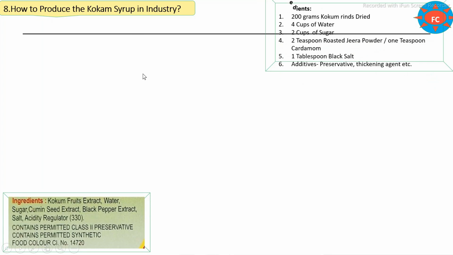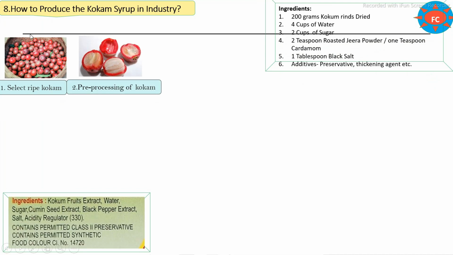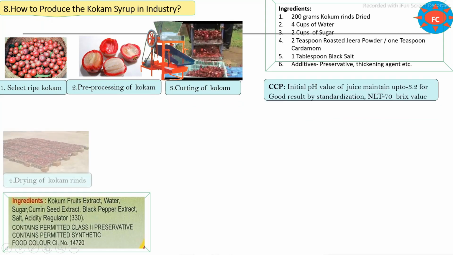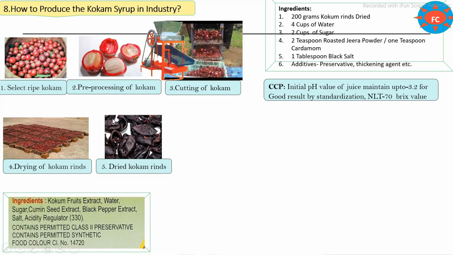Friends, you can see the main processing steps involved. First, properly select the ripe cocoa. Then pre-processing, in which they are cut to separate the seed and the rinds. This is the cutting machine in which the cutting is carried out. After the cutting, these rinds are dried, and after properly drying for at least 1 week, we get the dried cocoa rinds. These dried cocoa rinds are stored throughout the year, and they are used for the